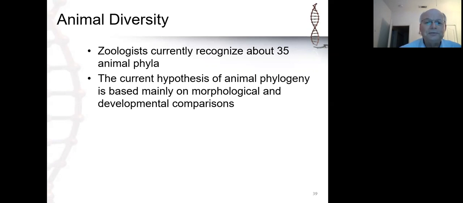And as a consequence of that, there is the possibility of creating a new phylum to accommodate these animals. There's a lot more work that needs to be done on this, but this is the nature of the beast